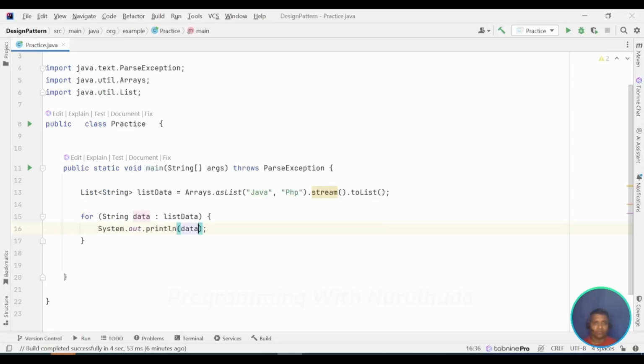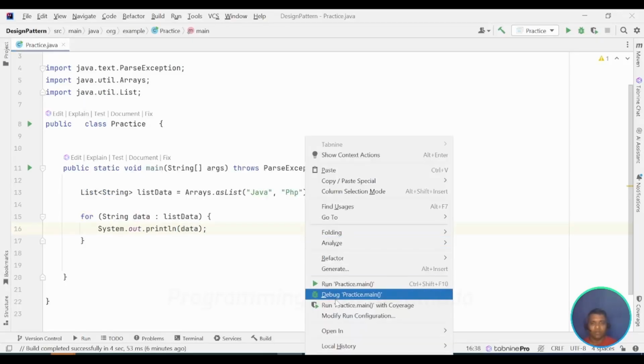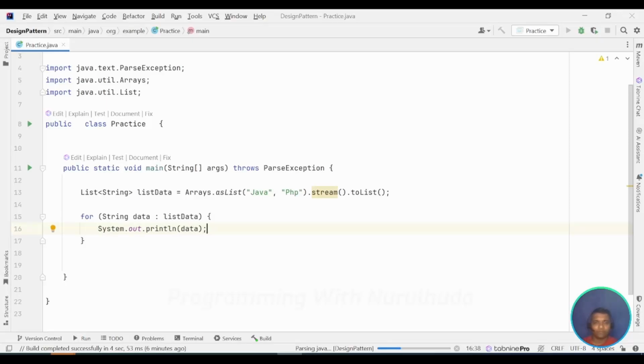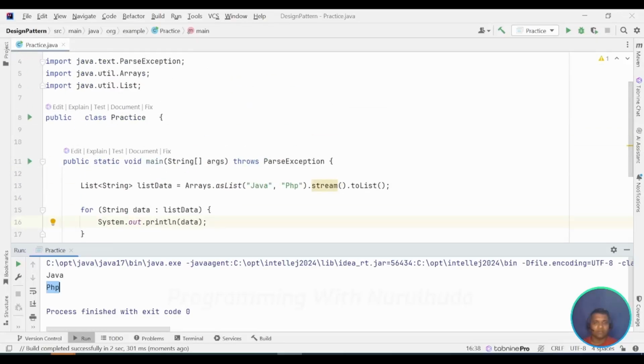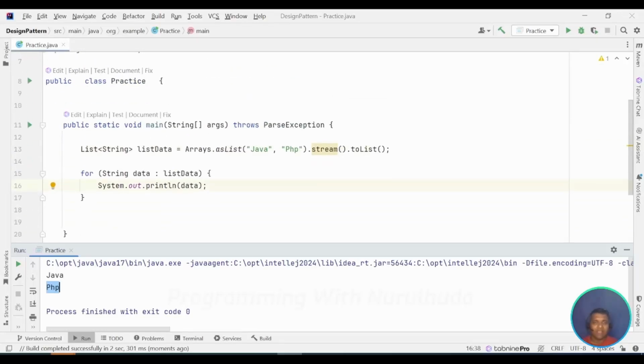SOP, and run this program. Now Java and PHP. So now we can see that using stream we can get list data. This is the first approach, and